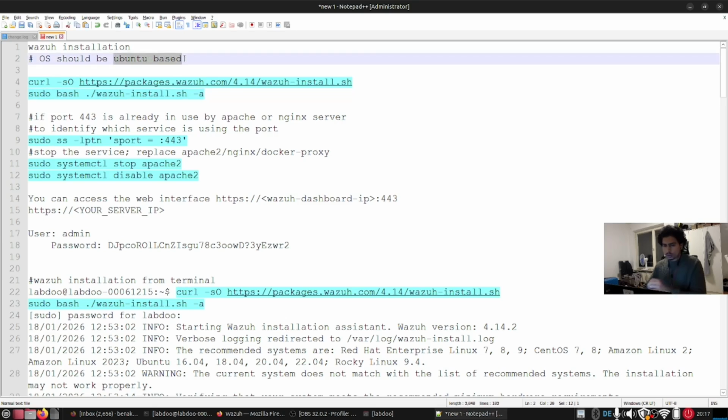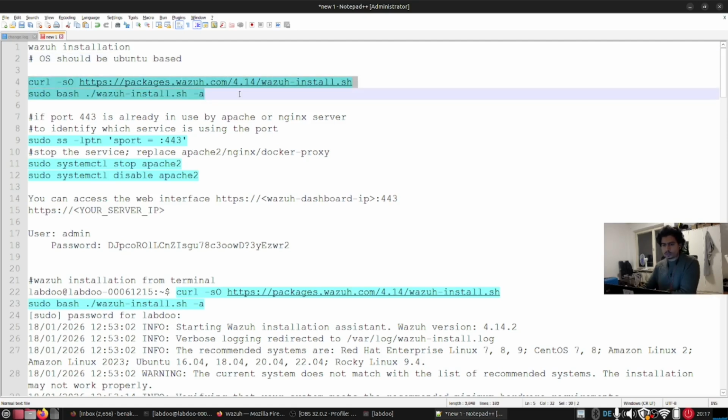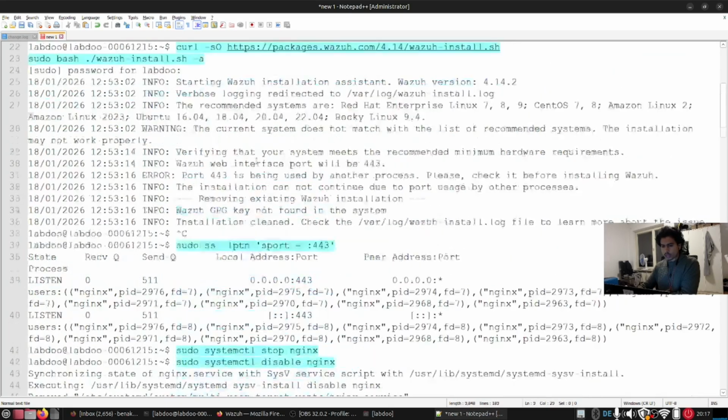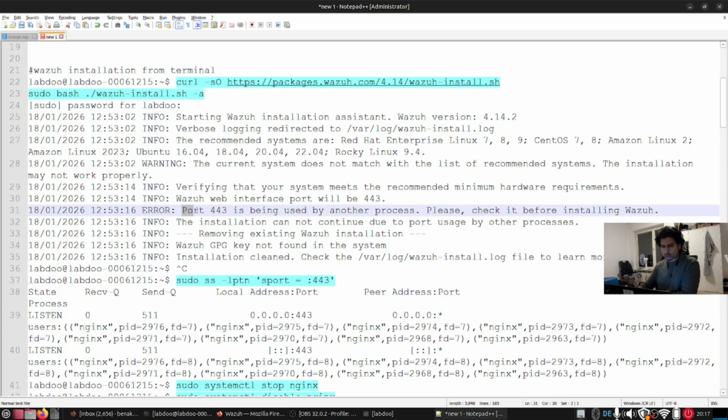In order to install Wazuh, we'll make use of these two commands, which install Wazuh. Care should be taken prior to executing this command that port number 443 is free, available and not being used by any other service. I went through this issue while installing it, because here you can see it was throwing an error that this port is already being used